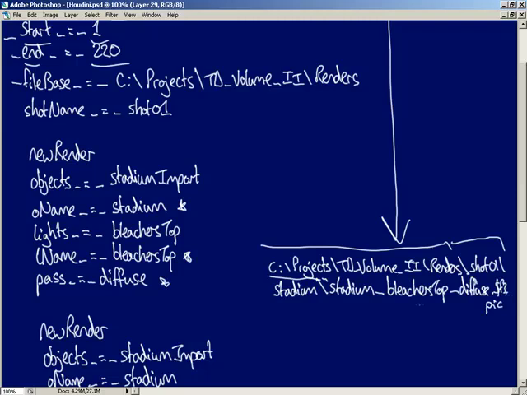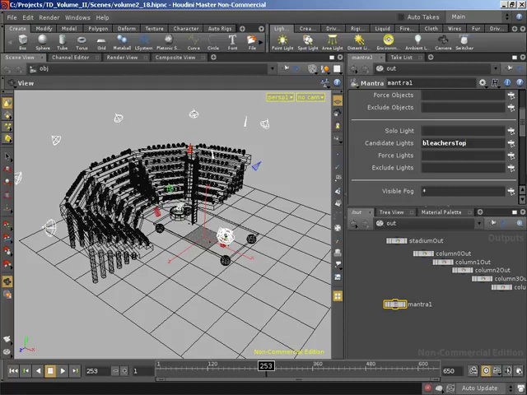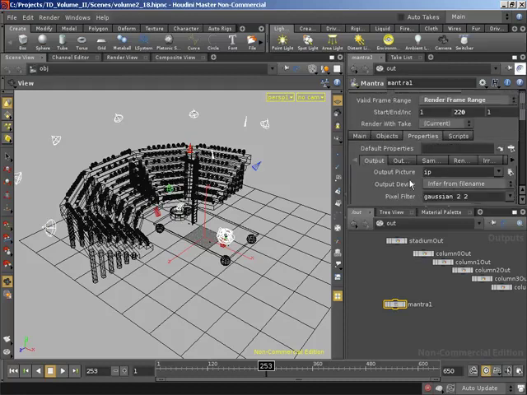So we've now constructed our file name, and once we've constructed that file name, we can jump back over to that render node, and we can come up and specify the output picture to be that file name. As I try and recall what that was set to, that would have been C:/projects/td_volume_2/renders/shot01/stadium_bleachers_top_diffuse.$F3.pic. So it will take that constructed file name and directory structure and it will enter it into